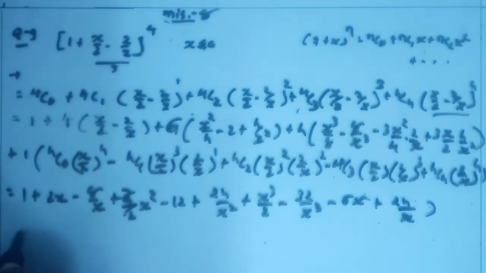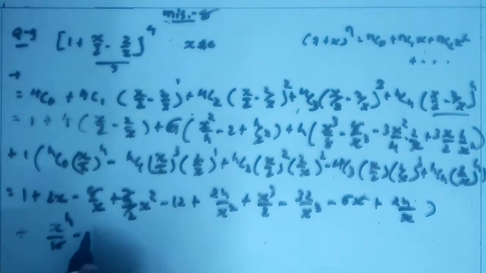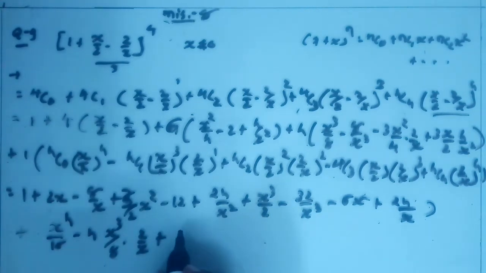plus here becomes 4c0, that is 1, into x raised to 4 upon 2 raised to 4 is equal to 16, minus 4c1 is equal to 4, x raised to 3 upon 2 raised to 3, that is 8, into 2 upon x, plus 4c2 is equal to 4 3 upon 2, that becomes 6, x raised to 2 upon